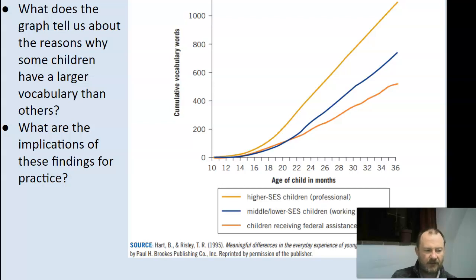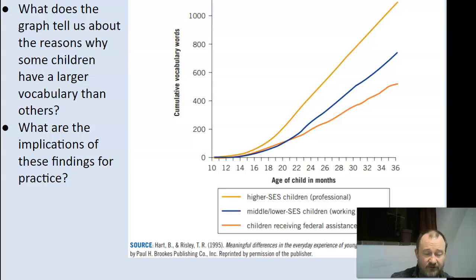Hi there. So in part two, I left you with the question, what does this graph tell us? And you should have figured that out by now, but let me just clarify in case you have any doubts. And then the second question, what are the implications of these findings for practice? So it tells us that